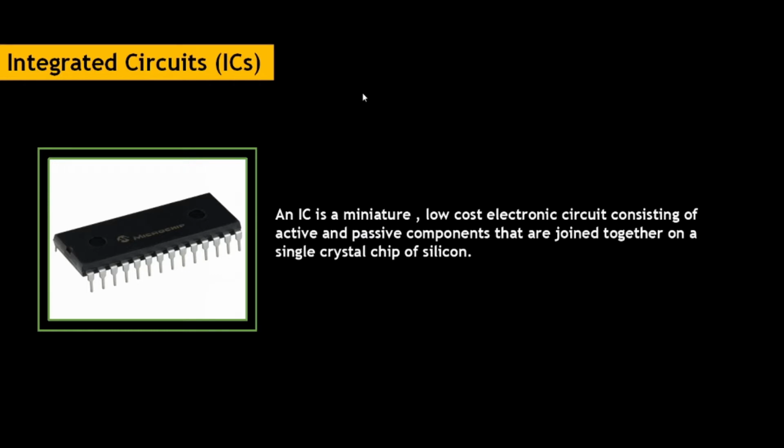Now coming to the very formal definition, an IC is a miniature low-cost electronic circuit consisting of active components, for example transistors or diodes, and passive components, for example resistors or capacitors, that are integrated on a single crystal chip, mostly made up of silicon. So we can see inside this IC there are thousands of transistors, resistors, capacitors, diodes integrated within a single layer